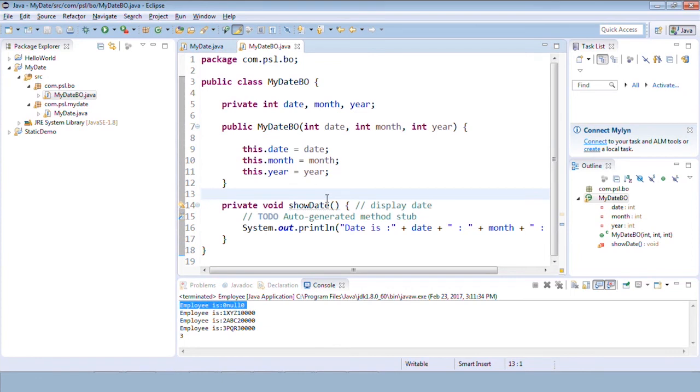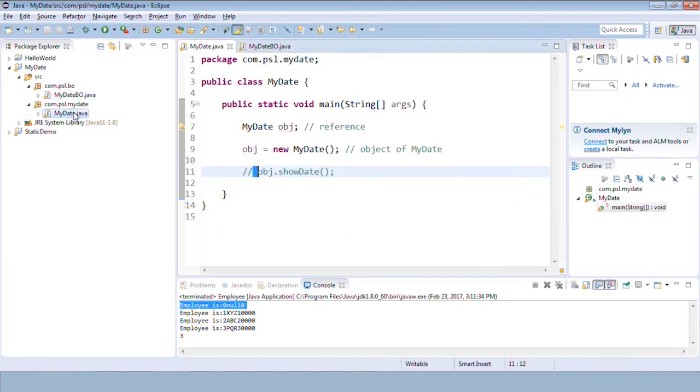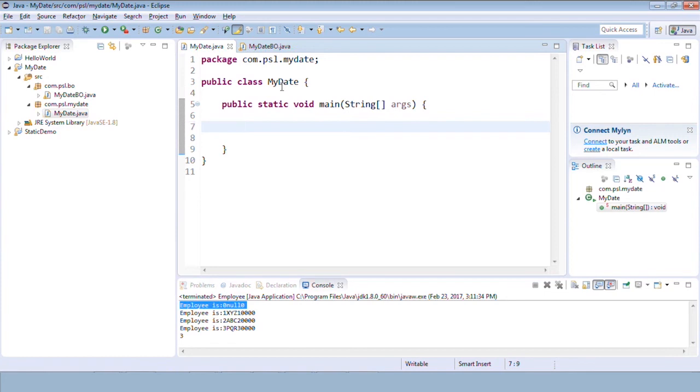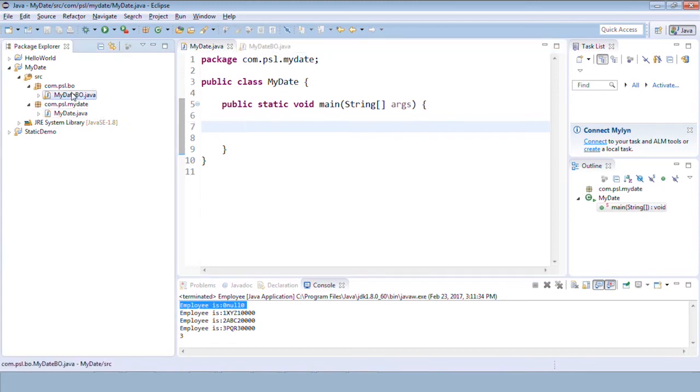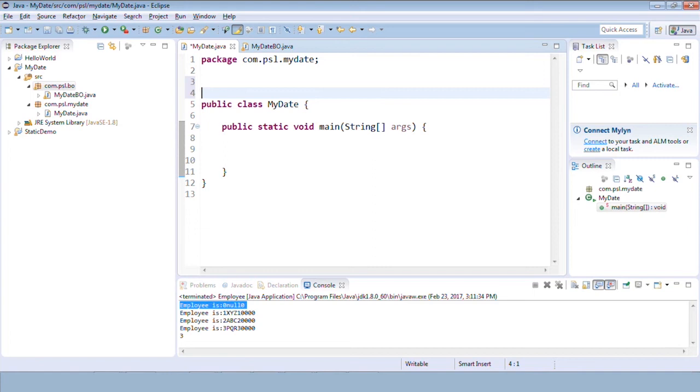Now the important thing here is my actual business logic is present in some different class and I want to call it in a different class, right? Then how should I use the members of that class, that is myDateBO class, in the myDate class? Let me try to access that. The very first thing is, whenever you want to access the members of a different package, you need to import that package first. Okay? So first of all, I want to create an object of myDateBO,